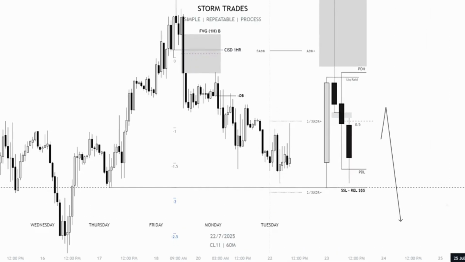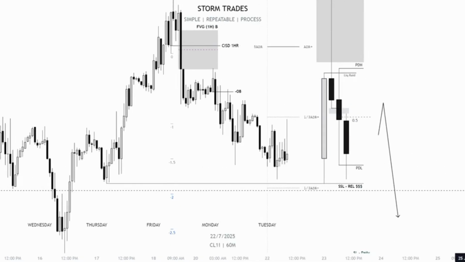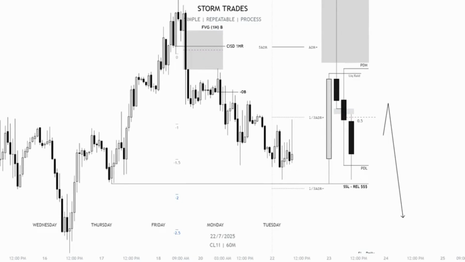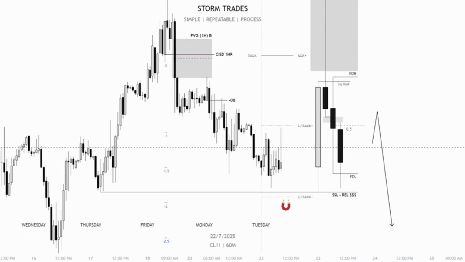So I am immediately drawn to that, and I'm trying to find a trade into that. Now, in order for me, let me just go ahead and mark this off. This is something I'm looking for price to draw to, right? Now, I'm trying to consider, before going to the M5 time frame, which is my execution time frame,